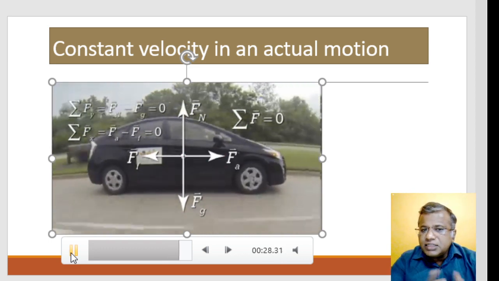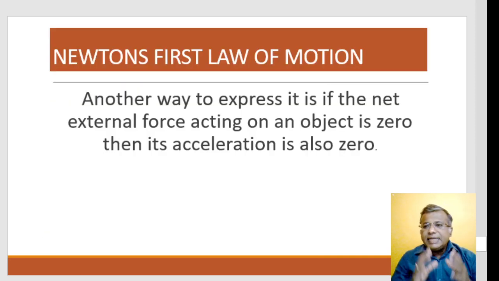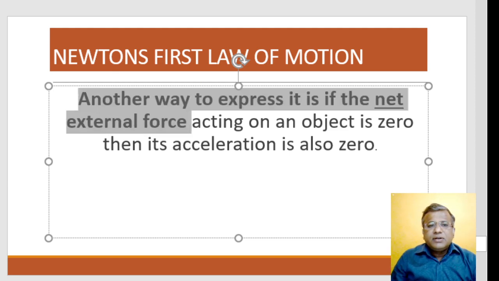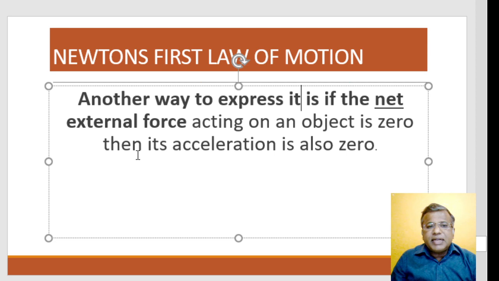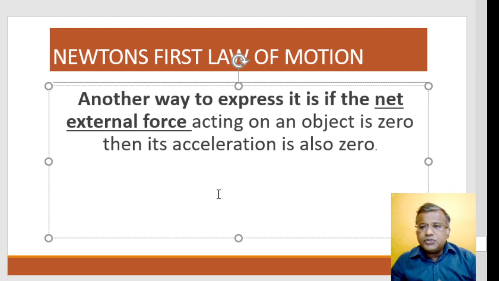Okay, and these forces, which we try to understand here, that even though the net... that's why I'm trying to make you understand another word here, the word net, which I'll just underline here. So the word I'm trying to explain, underlined here, is net external force. When I say net external force, the sum total of vertical forces should be zero, horizontal forces should be zero. That means left hand side force should be equal to right hand side force, upward force should be equal to which one? Downward force. Then the object doesn't have acceleration.